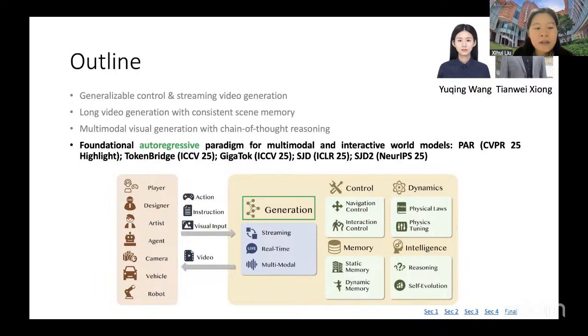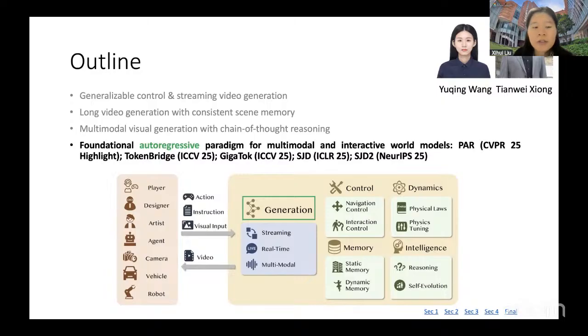However, the mainstream generative model for natural language is actually the autoregressive model, which is based on next token prediction. And we are interested in whether we can also use this autoregressive generation paradigm for future visual generation or